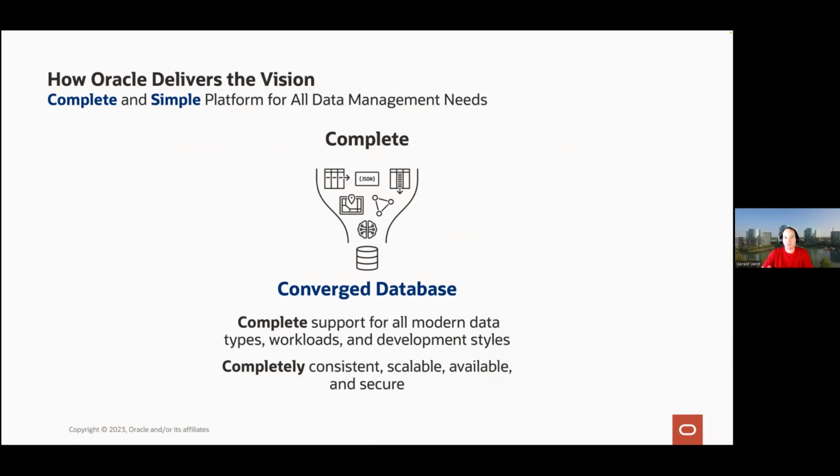Ideally, you should have one database that allows you to manage many different data types and many different workloads, hence what you saw in this mission statement to develop and run any app at any scale of any workload. And so we firmly believe that the right approach is to converge these different capabilities and technologies into one